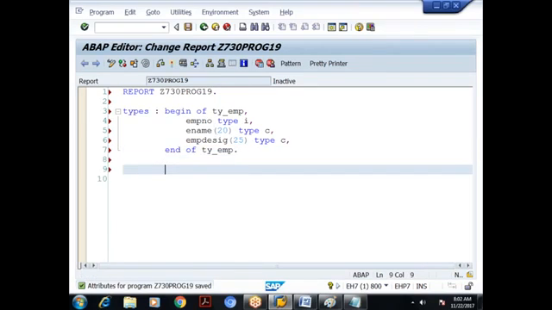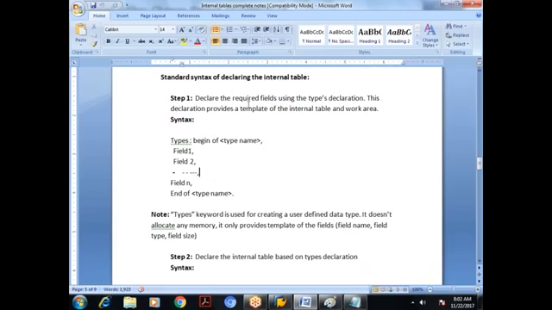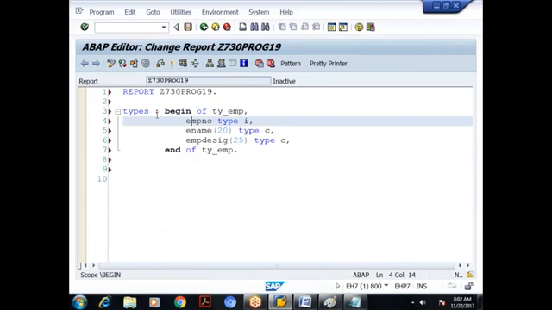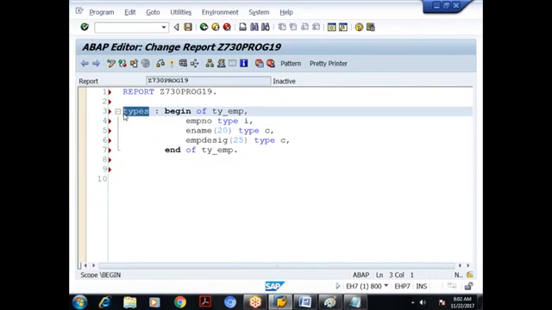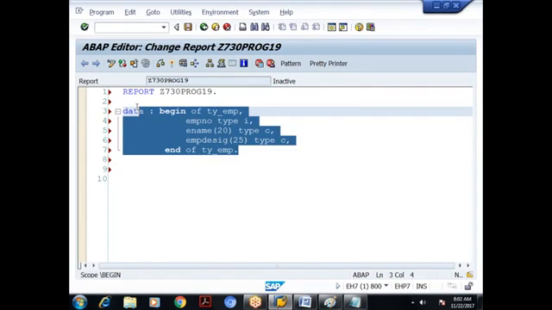So what is the first step here? We have to declare the required fields using a types declaration. By using the TYPES keyword, I am declaring the required fields. Understood? If I remove this TYPES and keep it as DATA, we call it a structure only. Understood?